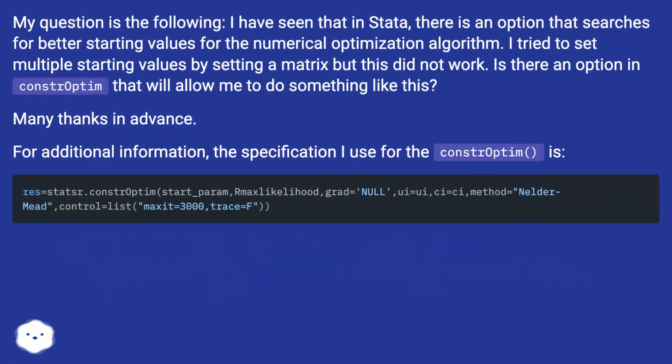My question is the following. I have seen that in Stata, there is an option that searches for better starting values for the numerical optimization algorithm. I tried to set multiple starting values by setting a matrix, but this did not work. Is there an option in constrOptim that will allow me to do something like this? Many thanks in advance. For additional information, the specification I use for constrOptim is